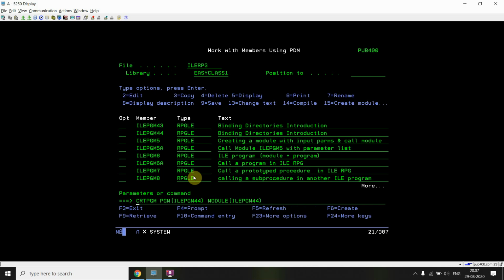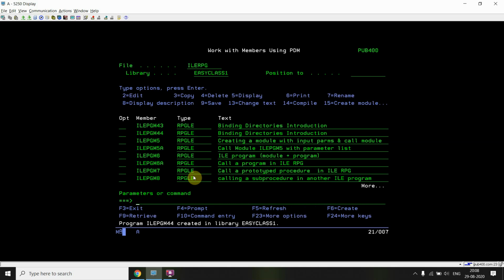So here you are encountering those errors or things which you will be basically getting in real time. You will get to learn each and everything, how to face errors and resolve them, why those errors are occurring. You must know in case of a binding directory, whenever we are using the binding directory, we must ensure that we are not supplying the definitions twice, because as we know earlier, when I was compiling the service program, I was actually needing those modules, but this time since the modules are already added and compiled, I don't need them.